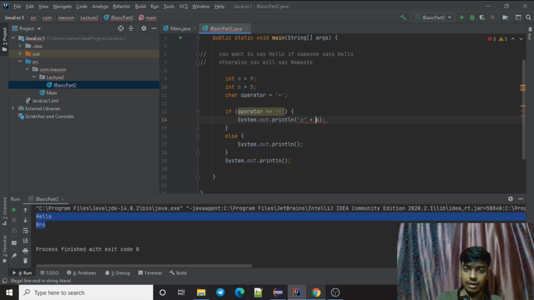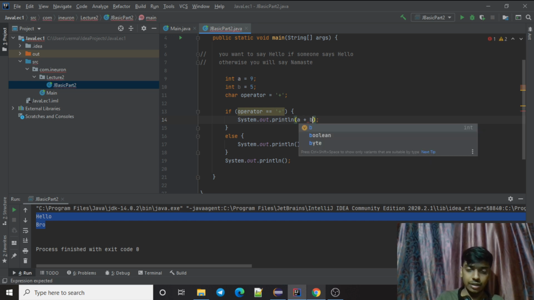If you are giving it between strings, it will just concatenate them. But if you are using plus between two integers, then it will just add them as integers. Because a and b are integers, it will add them.